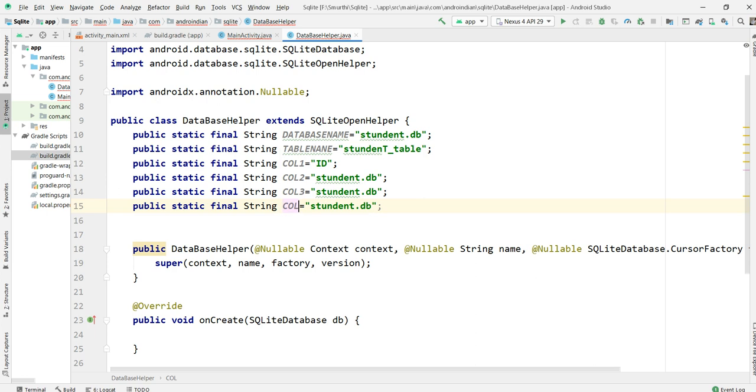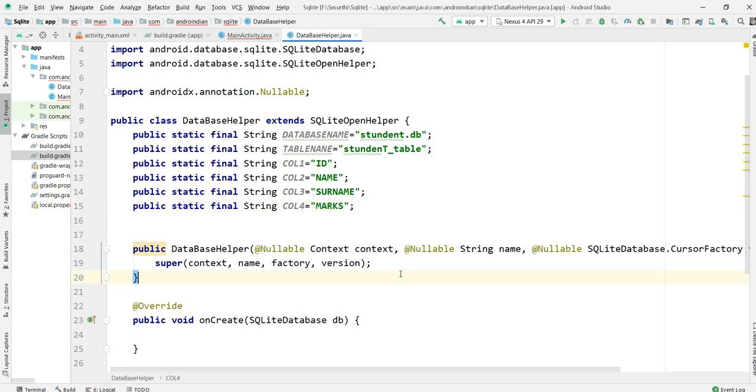So I defined all of these. Now for each column, the first one is id, then name, then surname, then marks. Like this I'm defining them.